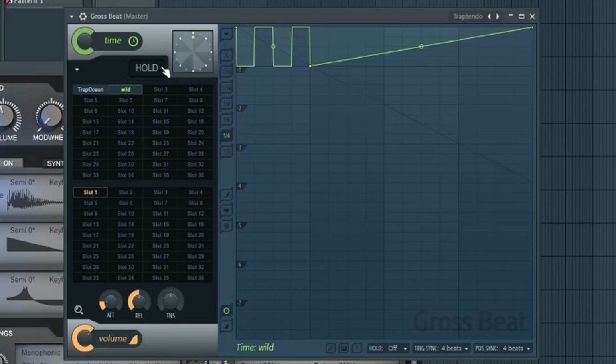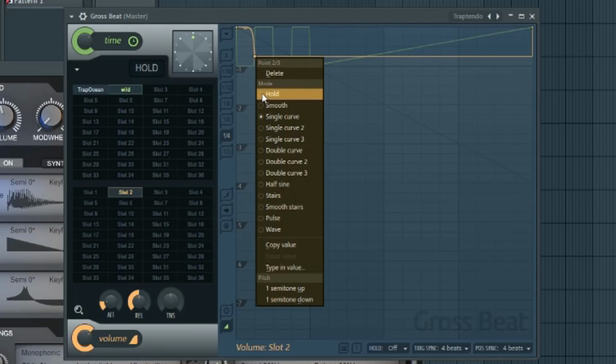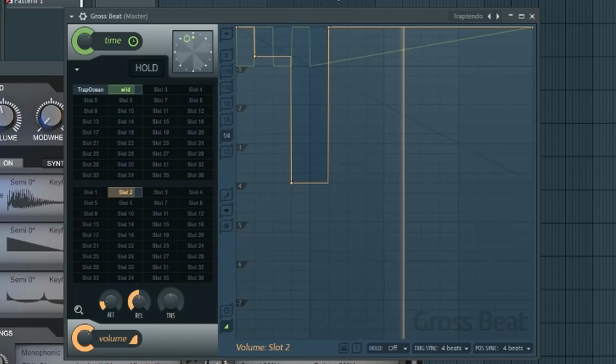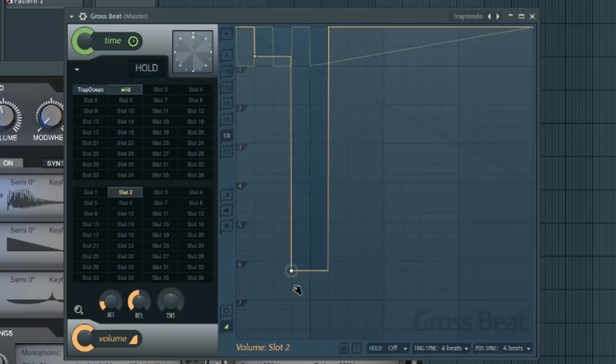Remember, though, I do want to keep this in mind here. You do have time up here, and then this one is volume. So whatever you do down in this one affects volume and such. So if I was to go and select hold, you can draw out different volume that you want, and it affects just like Gross Beat. And I'm just doing something random right now. So if I drop this further down,